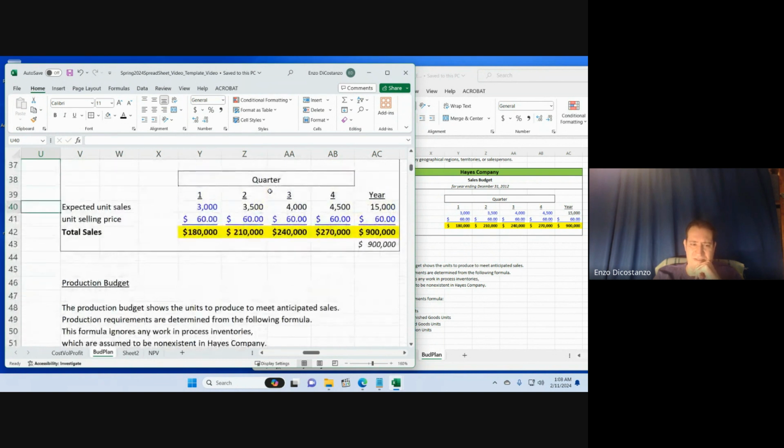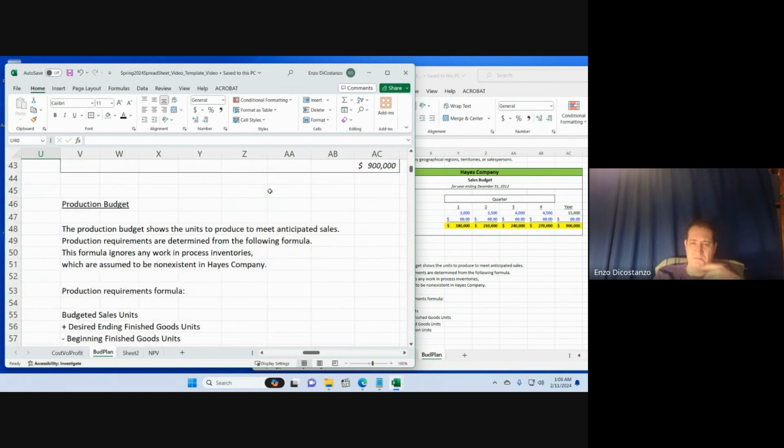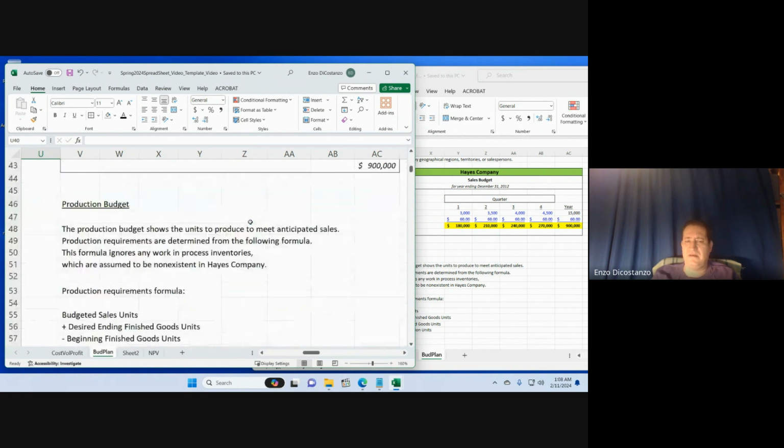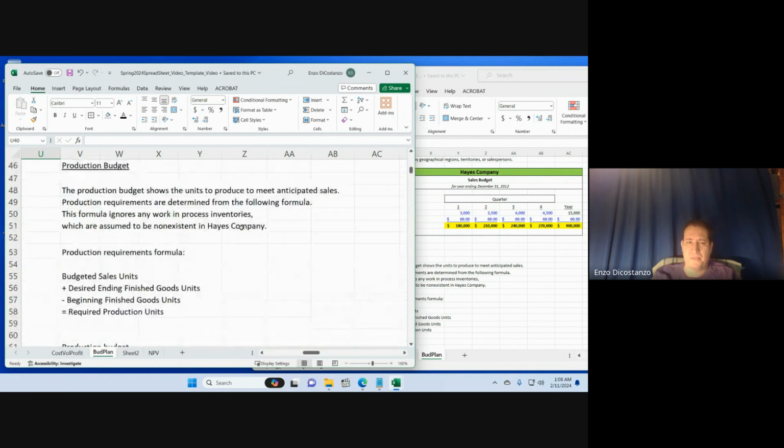Okay, that was sales. Now production shows you obviously want to meet those sales, and those mixtures don't just appear in nature somewhere, like we're out in South America digging them up out of the ground. So obviously these things need to be constructed. So the production requirements in terms of manufacturing those pieces of kitchen equipment: what your sales are, what your beginning finished goods units are going to be, and then what you want to produce. So what you think you'll sell, what you want to end up with, and then you subtract out what you started with. And again, Hayes Company, now it's a production budget, not a sales budget.